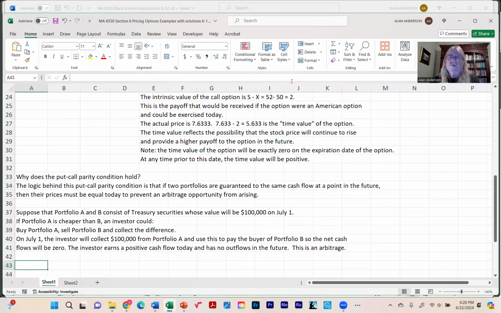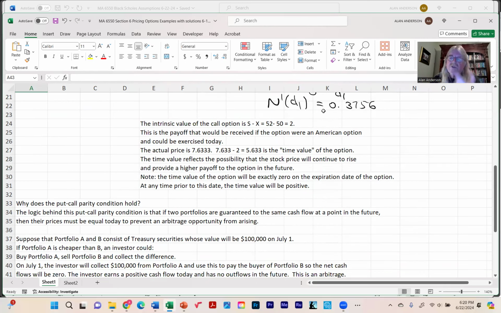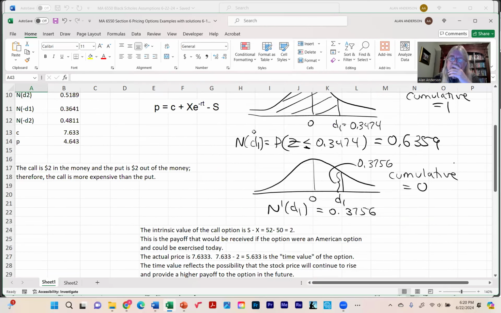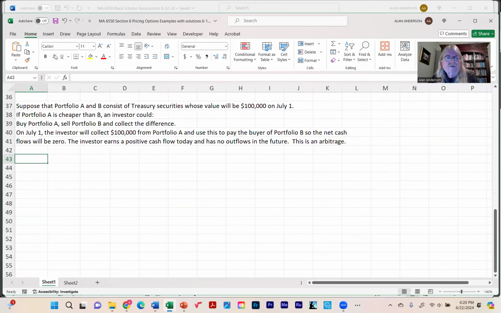So that's exactly what's going on behind the scenes with the put-call parity condition. As long as we choose the portfolios correctly, we can prove that on the maturity date of these options, calls and puts, the two portfolios we're about to set up have to have the same cash flows. All right, so once that's done,